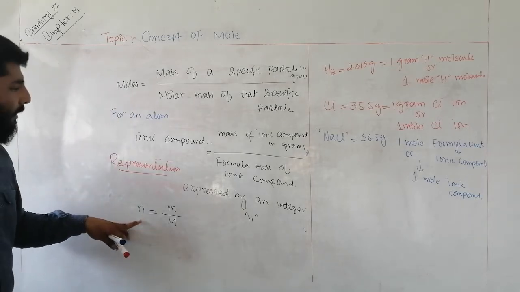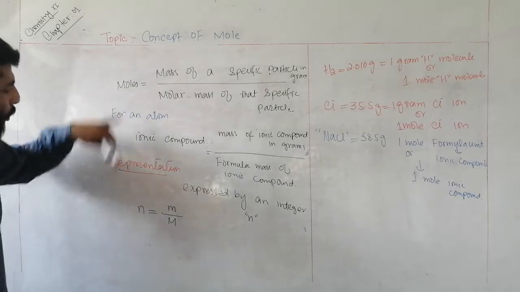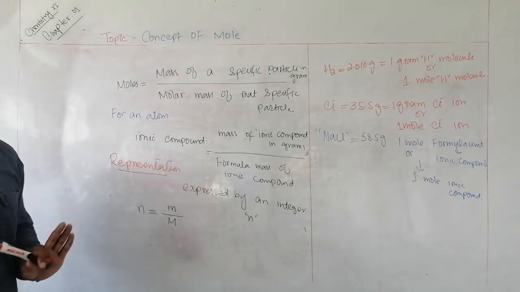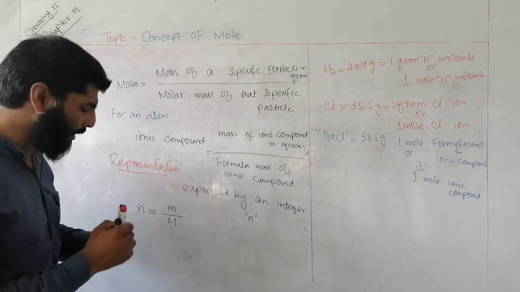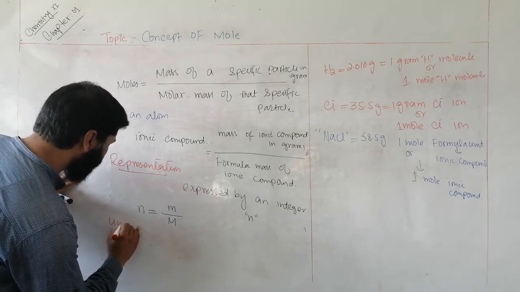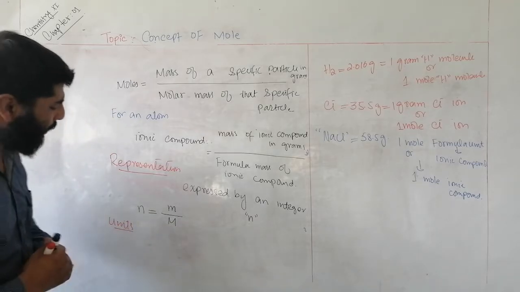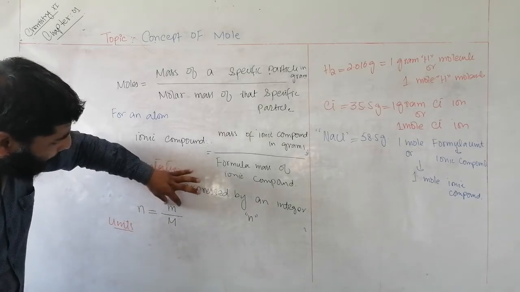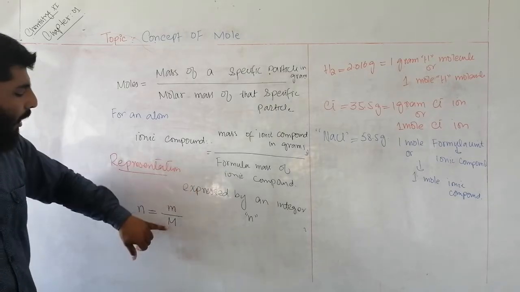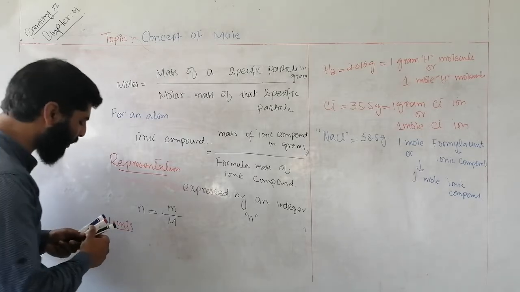Simply, you can write it as moles n is equal to mass divided by molar mass. So students, in order to find the units of moles, you can see here mass can be expressed in grams and molar mass as grams per mole. So units of moles will be